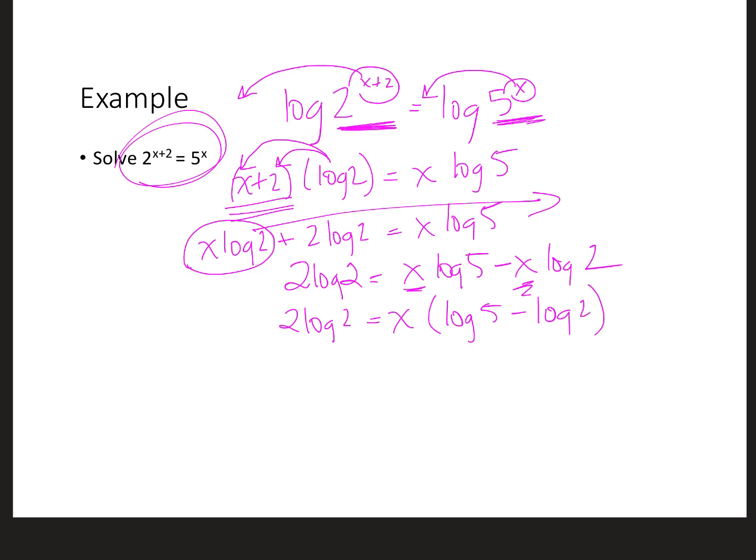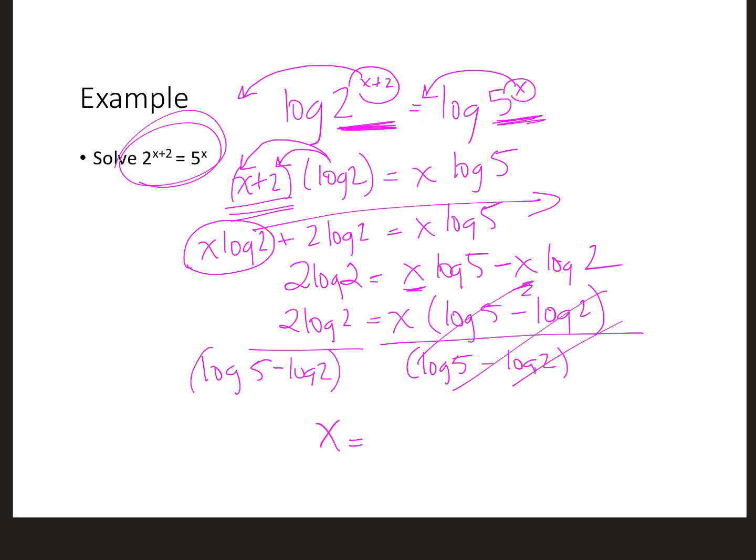And then lastly, we're going to divide both sides by this giant set of parentheses, log 5 minus log 2. Okay, so here's my whole answer. It is 2 log 2 over log 5 minus log 2. That's calculator ready form. Okay, now all I have left to do is punch that in my calculator and